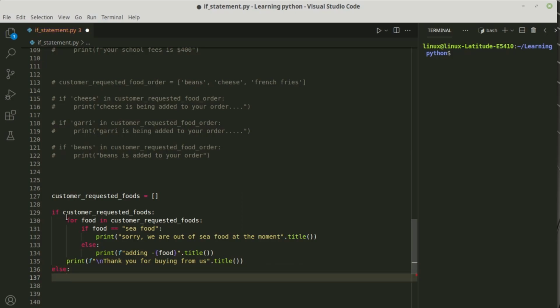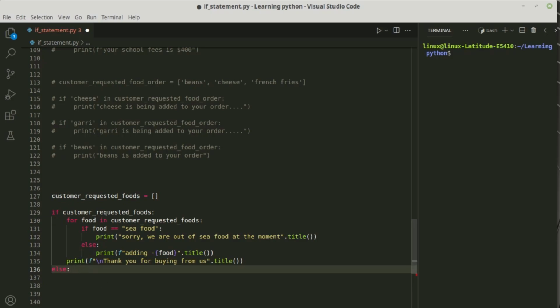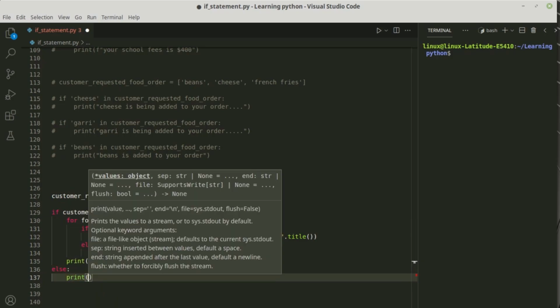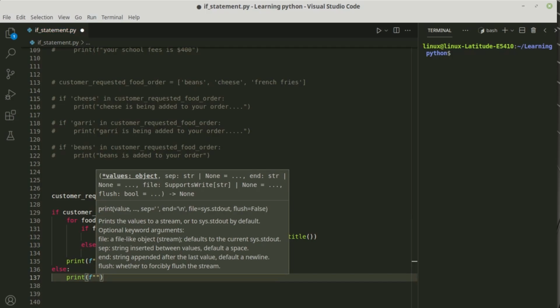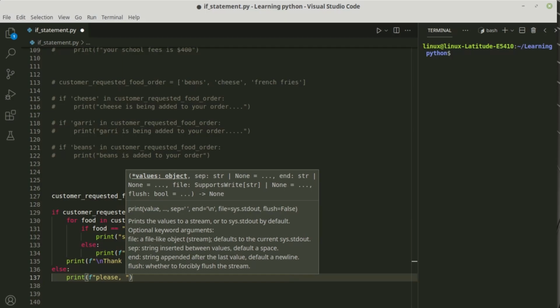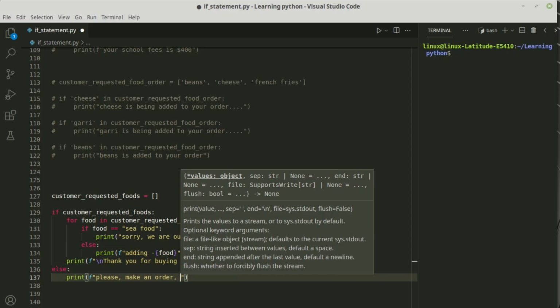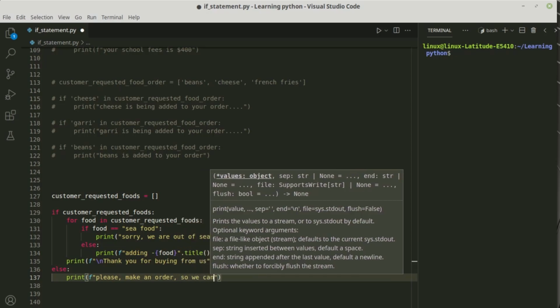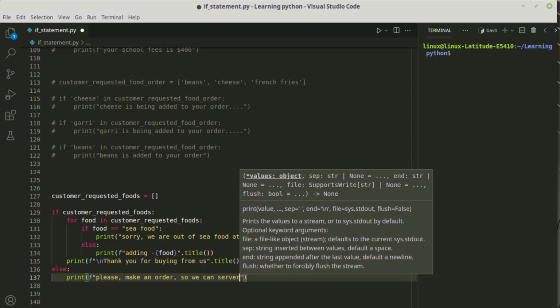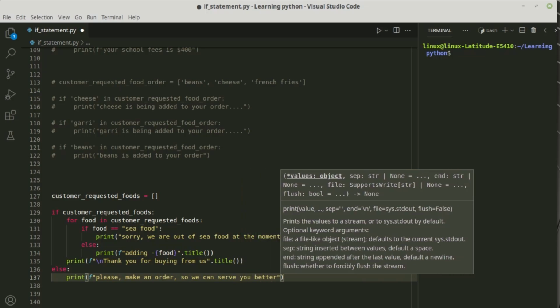If there is any food inside this customer's order, go ahead and run all this code here. Otherwise, if there is no food here, go ahead and print another message, maybe something like this: please make an order so we can serve you better. All right,